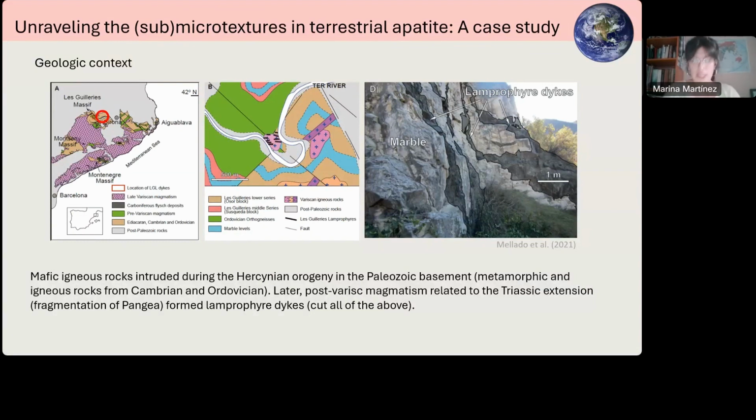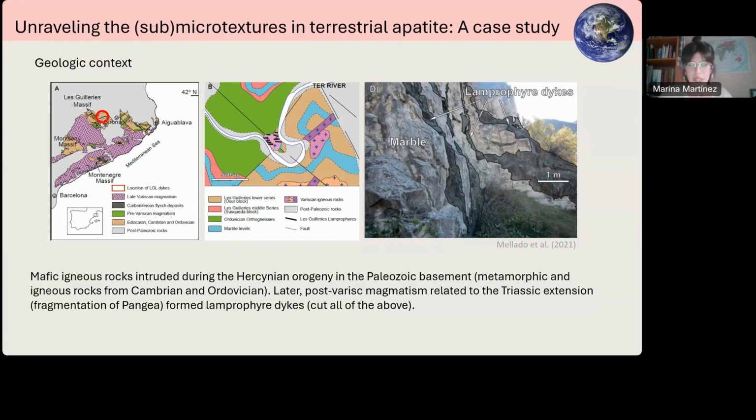The geologic setting is the following. We have a Paleozoic basement constituted by metamorphic and igneous rocks from the Cambrian and Ordovician. And then we have intrusion of mafic igneous rock during the Hercynian Orogeny, and then later there's this post-Variscan magmatism related to the Triassic extension and fragmentation of Pangea, which triggers the injection, the formation of these deep lamprophyre dikes